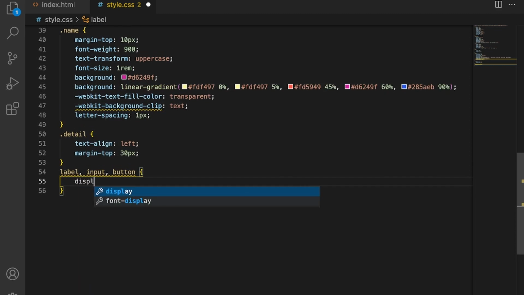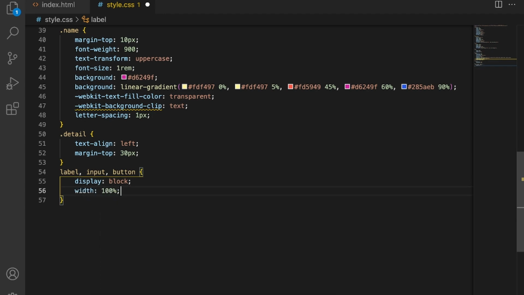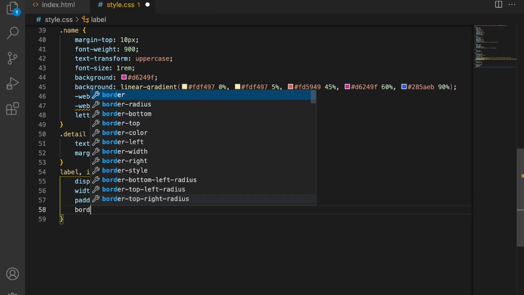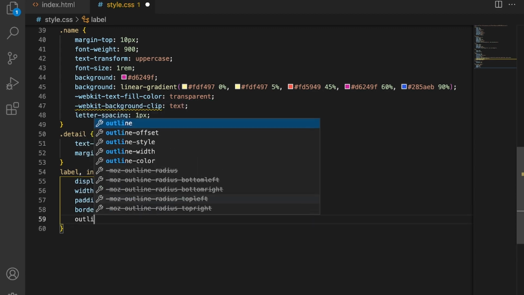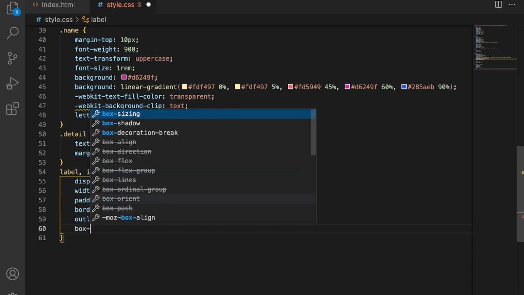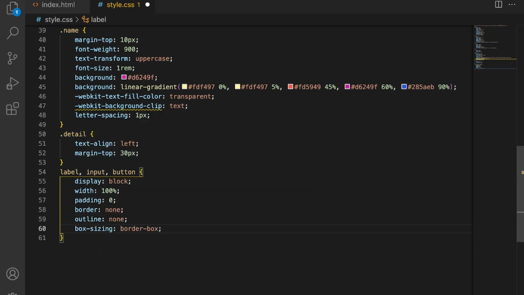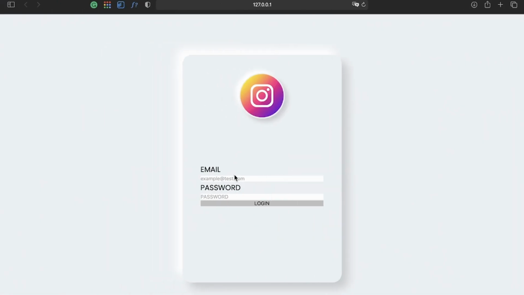So here I will write display block and width 100%, padding I will give 0 and border none, also outline none, and box-sizing border-box. Just save it and I will show you the output here. Wow, now it looks much better.